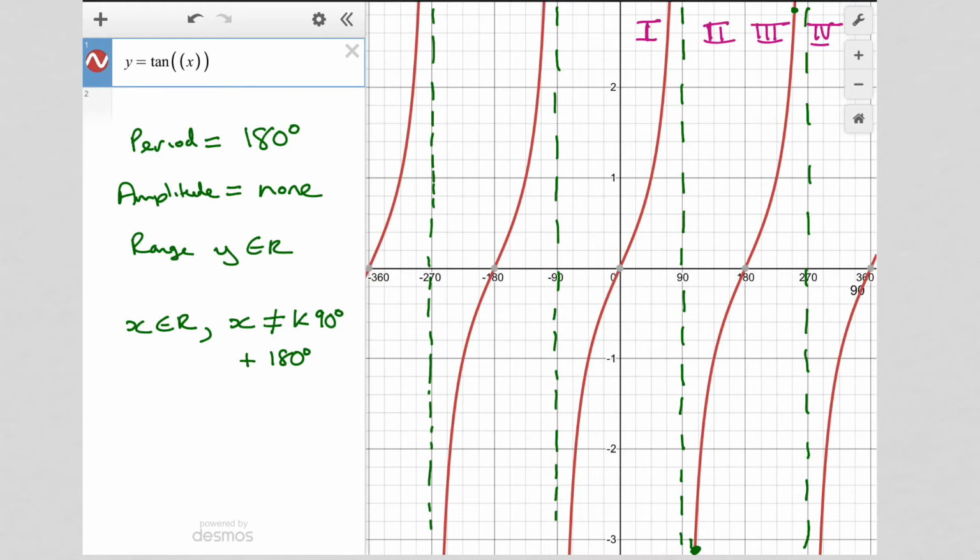So what that means is every 90 degrees, if k was equal to 1, okay, k is a constant. If k was equal to 1, then that would be, oh, sorry, I've actually got it the wrong way around. Let me change that, sorry. It's not going to be equal to 90 degrees plus k times 180, okay? Sorry, please change that. It's very important. It's a completely different thing. So this is the way you would express the fact